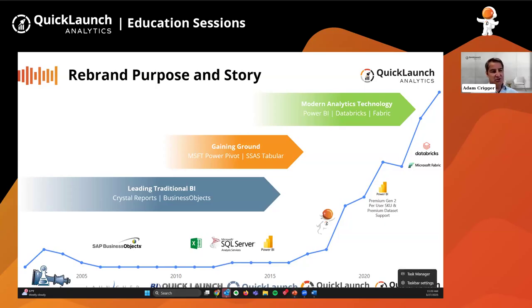And then you can kind of see as we go from left to right, lots of acquisitions over the years that we've dealt with in the analytics space, from Crystal Reports to Business Objects, Microsoft, obviously, being part of the traditional BI world, and then really kind of taking charge with Power BI around that 2015, 2016 timeframe. We did start dabbling. Actually, take a step back. We have some Business Objects customers still today. A lot of them have transitioned to leverage the Microsoft technology suite and move in the direction of Power BI.